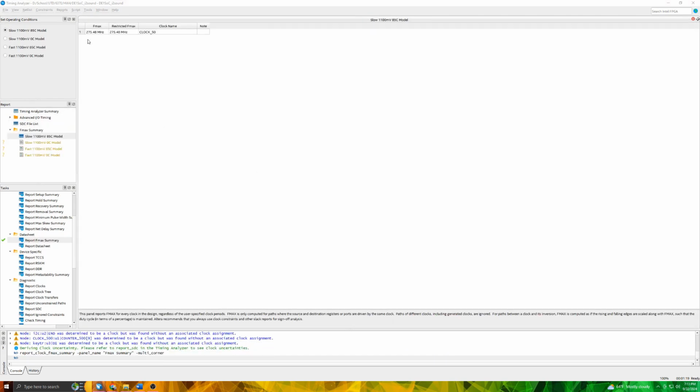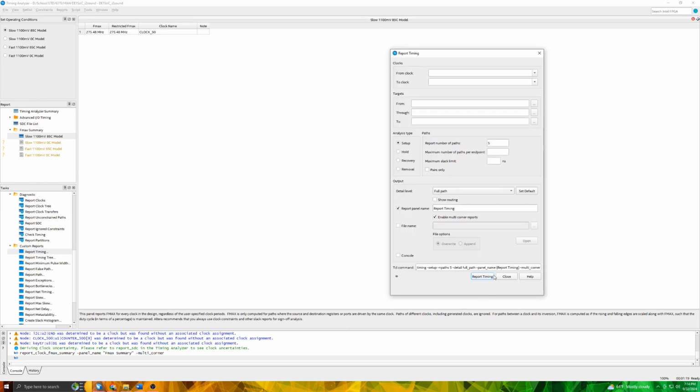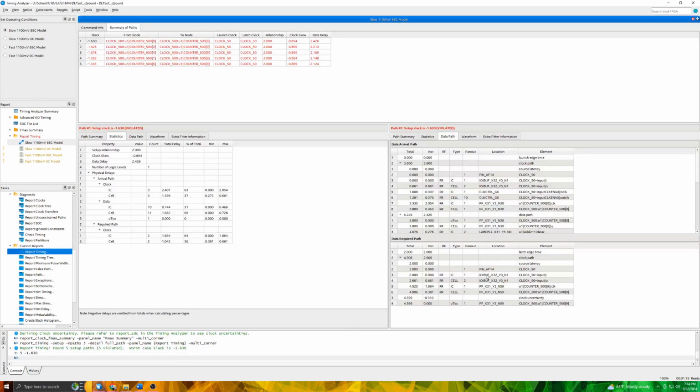So what you can see is that the Fmax for the design is 275.48 megahertz, which is similar to what it was before we changed from 50 megahertz to 500 megahertz. But as you know, 275 megahertz is a lot less than 500 megahertz, so there will be issues with this design. And now if we report the timing for the 5 most critical paths, we'll see what happens. And here you can see that the data delay is still 2.4 nanoseconds, but now at